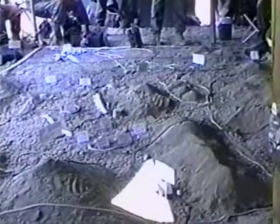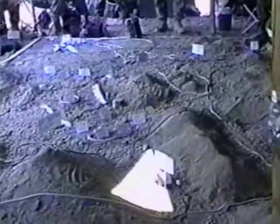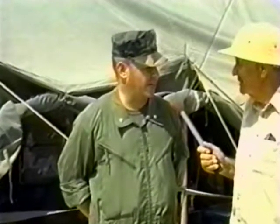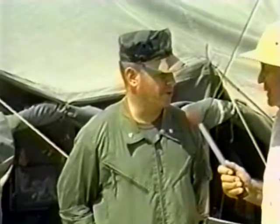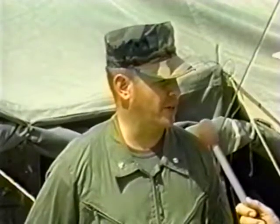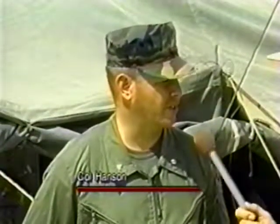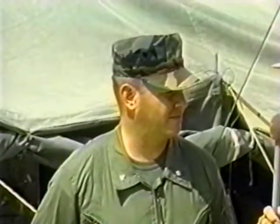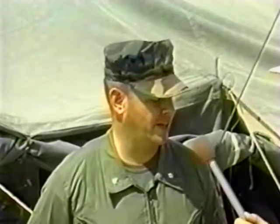Did you do it from a topo map or something like that? That's correct. And what was the purpose of this? The purpose of this exercise was to train the company teams in combined arms warfare, integrating air and artillery with ground maneuver. So you see where all the functions would perform within the terrain. Correct. The target terrain, or the combat terrain. And this included the communications? Yes, it did. We set up the